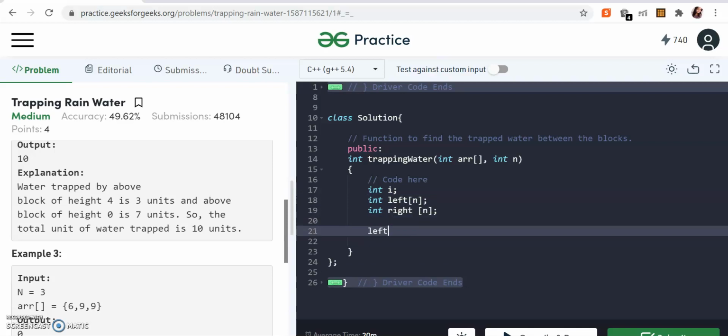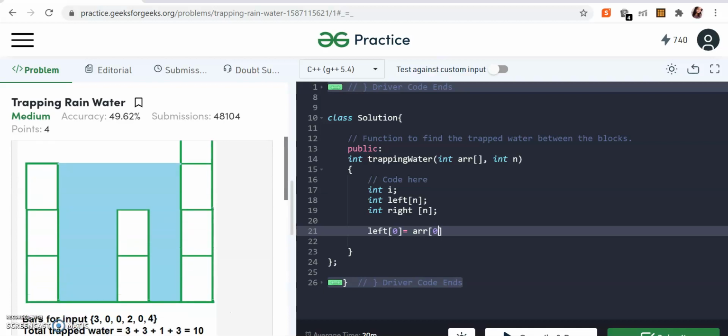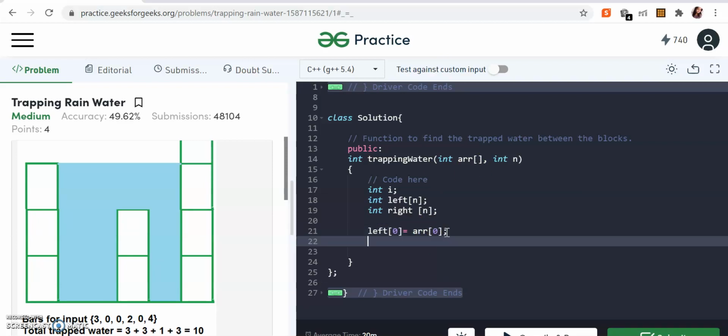So left of 0 will always be arr of 0. Why? Because when you are at the first position, in this example, the highest that you can get till there will always be the current element, right? Because there is nothing on the left.